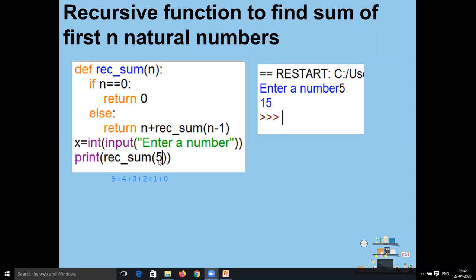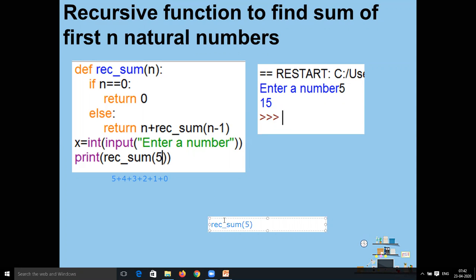Now see, when it calls rec_sum with argument 5, it goes to the else statement and returns n plus rec_sum of n minus 1. Let me explain this with these statements. The first call is rec_sum 5.